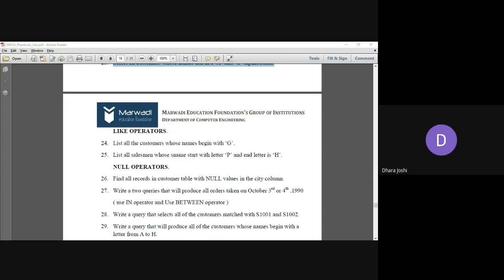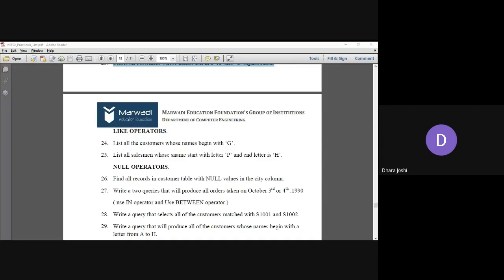No one knows when we use this LIKE operator. Should we study it again? Anyone? In lab, if you remember, we have studied this LIKE operator.